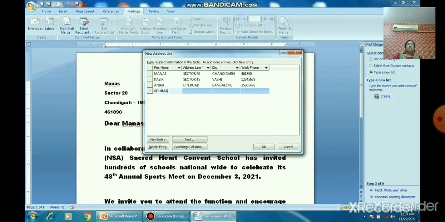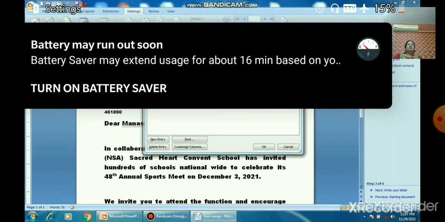The fourth one now. The first one we have taken is Manas, then Kabir, and the last one we have taken is Ridhima.